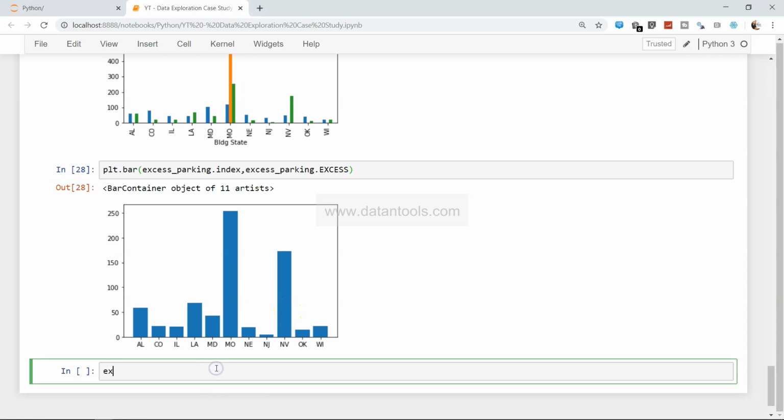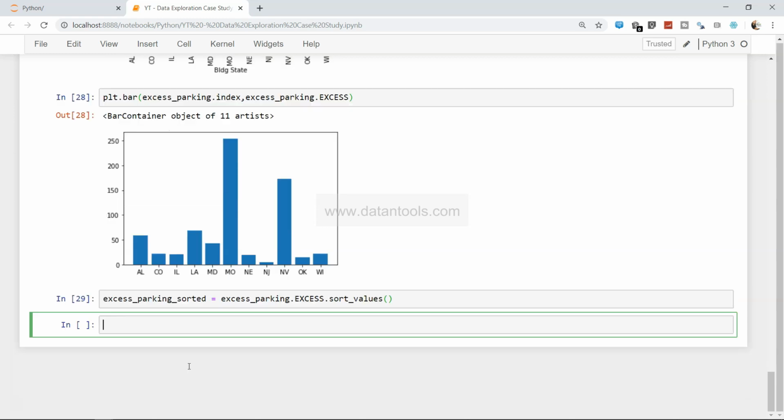So let's sort it. access_parking_sorted equals access_parking dot, we want to sort by the access column, access_parking.access, or it was capital Access, dot sort_